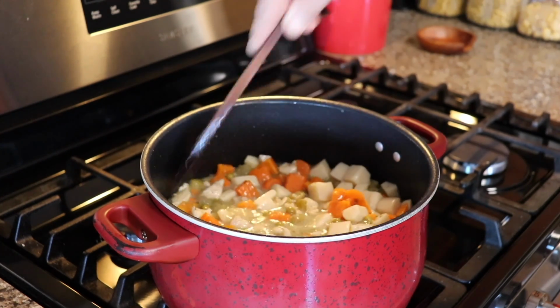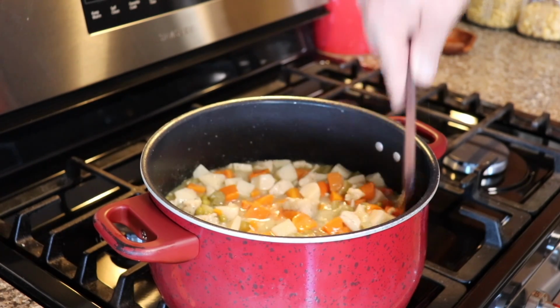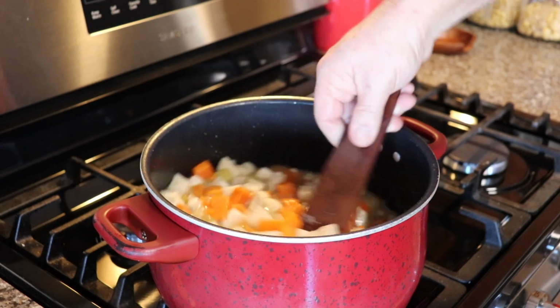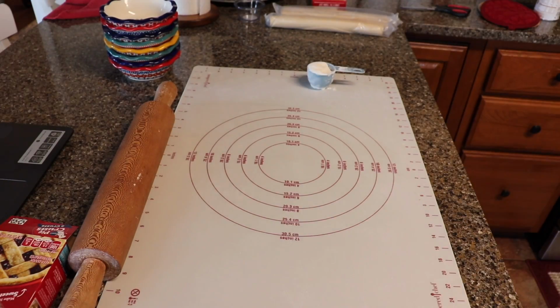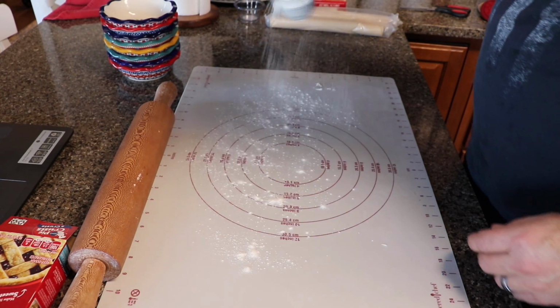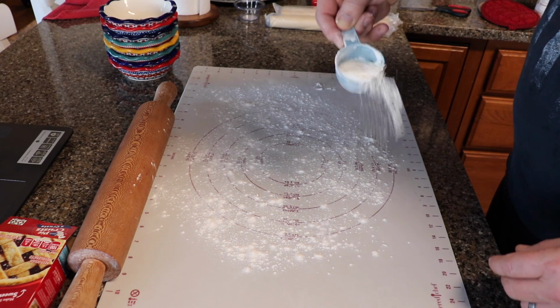And we're going to let this cook for about 15 minutes, probably on a medium heat. Let it come to a boil and then let it sit for 15 minutes, stirring every once in a while, to make sure nothing sticks. While the filling for the pot pies is cooking, I'm going to go ahead and put